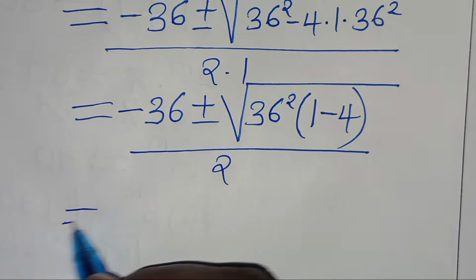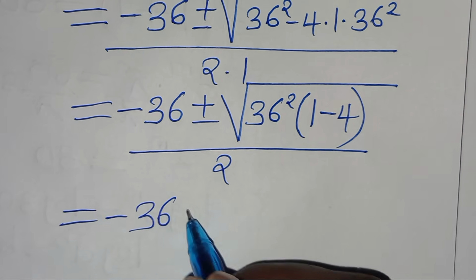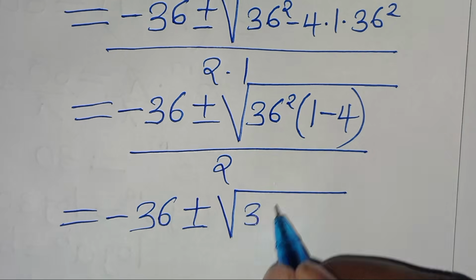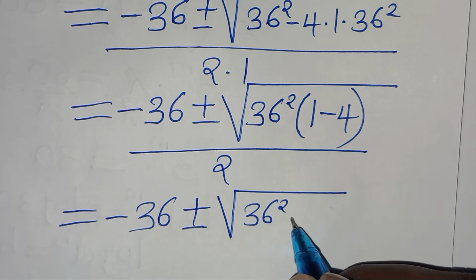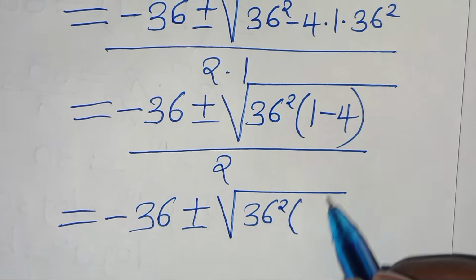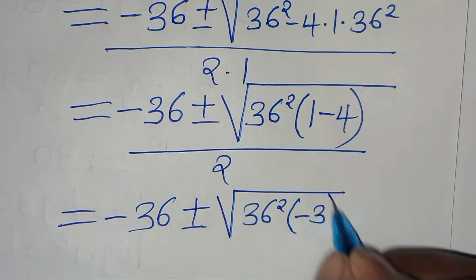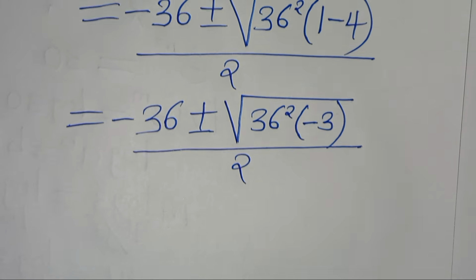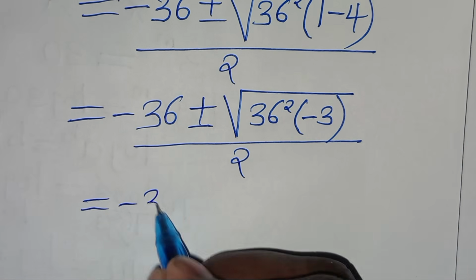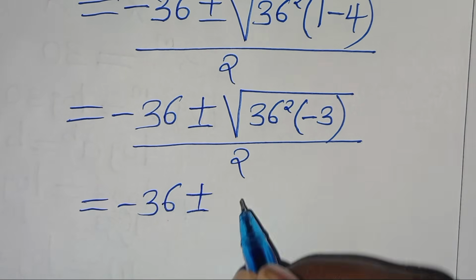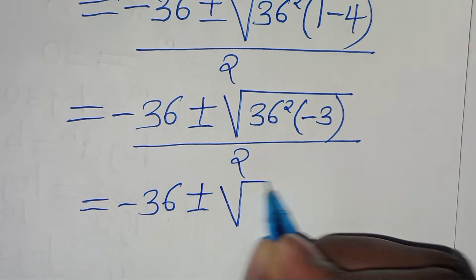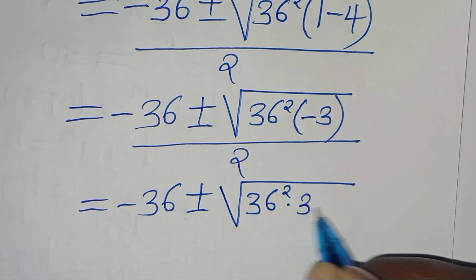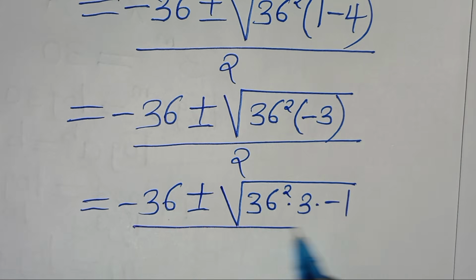So this is minus 36 plus or minus the square root of 36 to the power of 2, then multiplied by 1 minus 4, which is minus 3, then divided by 2. So we have minus 36 plus or minus the square root of 36 to the power of 2 times 3 times minus 1, then divided by 2,